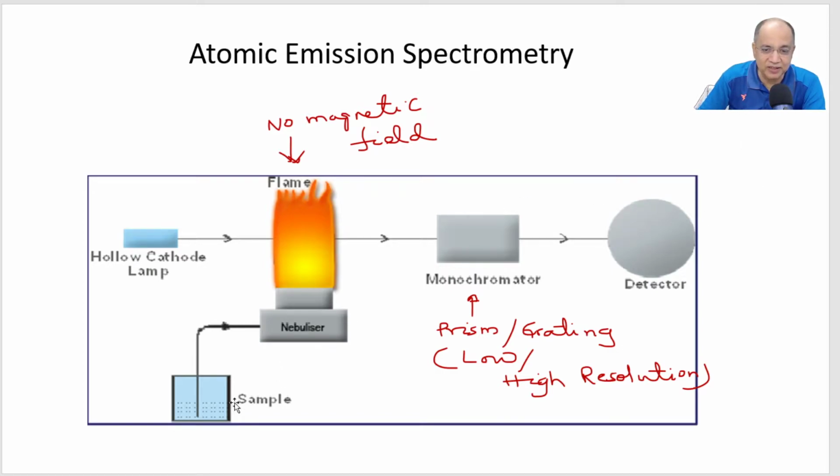That converts the sample, supposing in its liquid form or solid form, into its vapor, and it injects it to the flame where it burns, where it goes to the excited state, and then while it returns back to the ground state or the lower levels, it will emit radiations, and we can see after resolution or splitting